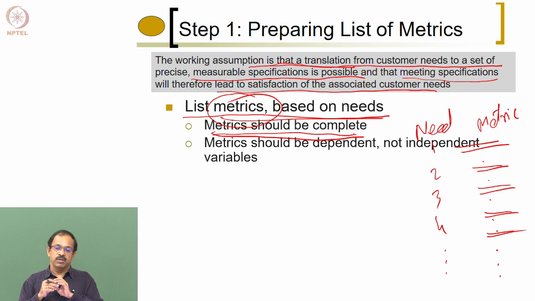But somebody says it is strong, it's a material. So you can use steel, you can use plastic, you can use titanium, you can use some other material, right, to make it strong. But then material is not depending on anything else. When you say steel, steel is steel only. It's not depending on anything else. So it's an independent parameter. So you should not use independent parameters for a metric. You should use dependent parameters.